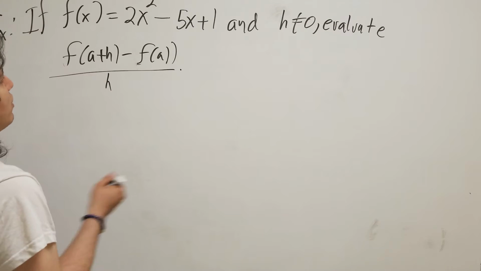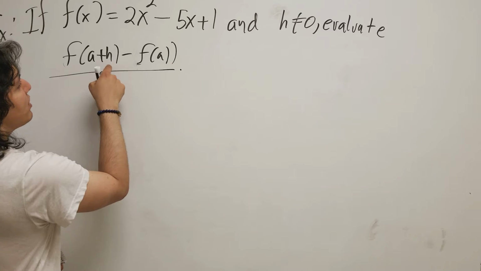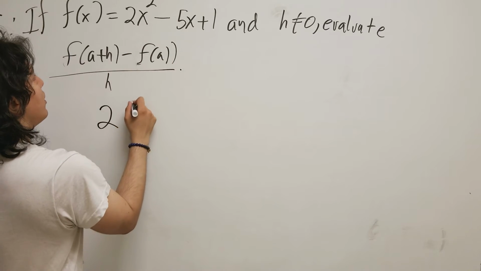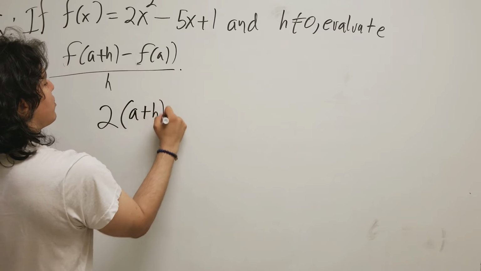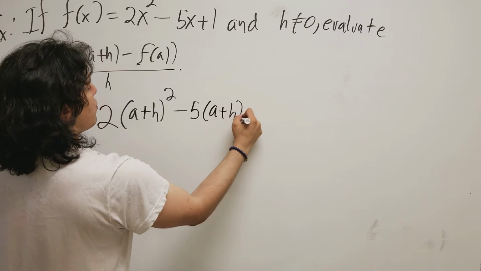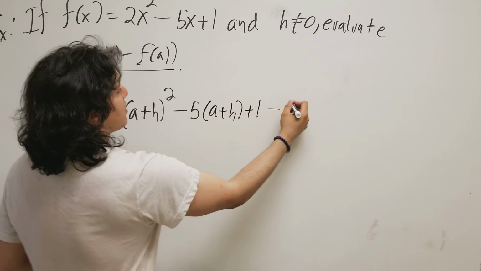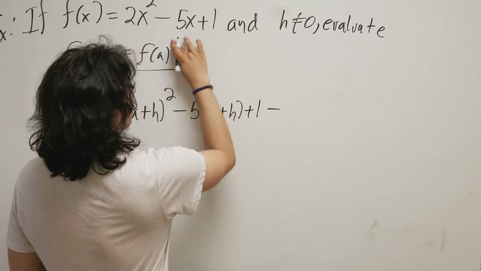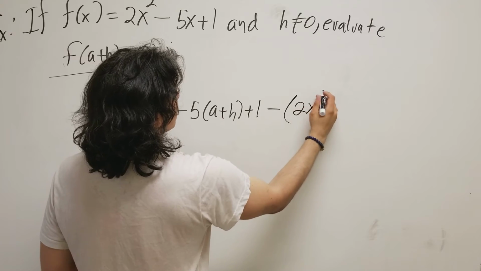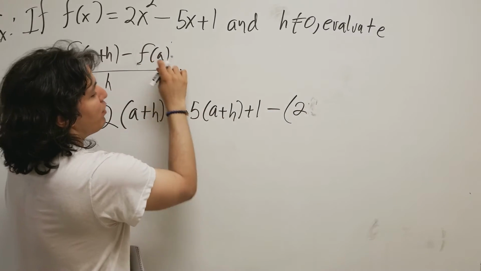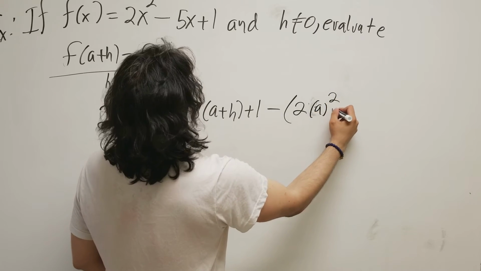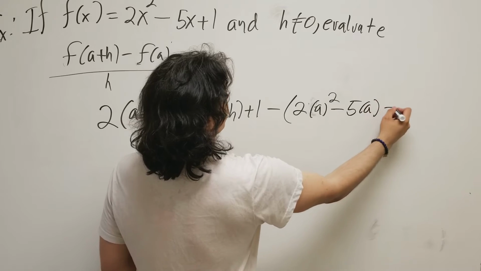So let's see, how does that look? Let's do this part first. A plus h into every part where we see an x. So it's 2 times a plus h squared, minus 5 times a plus h, plus 1, minus, for my purposes I prefer to use parentheses, 2x, oh sorry, not x. We're applying the a part here, so it's 2a squared minus 5a plus 1